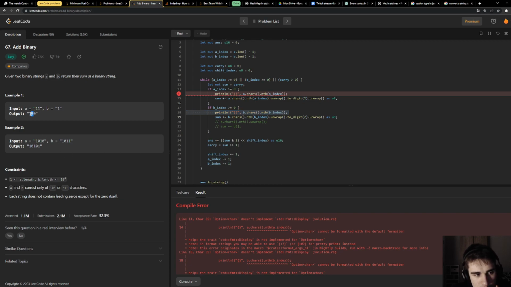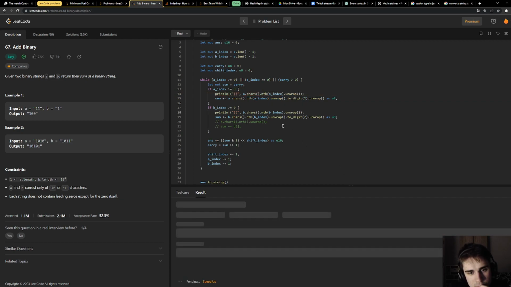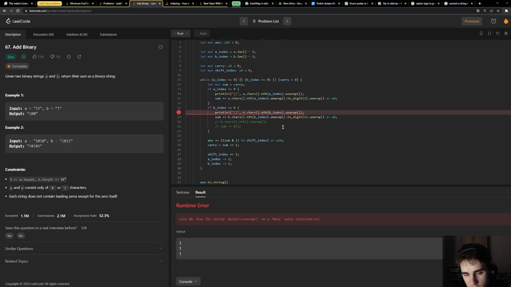Yes, 1 and 0. But the char 1 and the char 0. But I'm not sure what the problem is here. The problem is coming from the dot unwrap. So can you not just check for them explicitly?